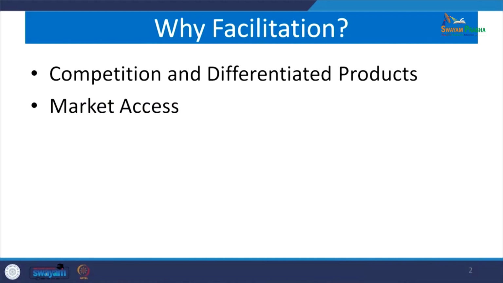The second one is market access. Market access is dependent on the country's policies and restrictions. As per the norms of WTO, tariffs and non-tariffs, especially tariffs as a concrete restriction, must be reduced. In almost all the rounds of WTO, especially after the DDA round, the Doha Development Round, there has been major discussion on reducing restrictions, so that market access by the member countries would be much better.